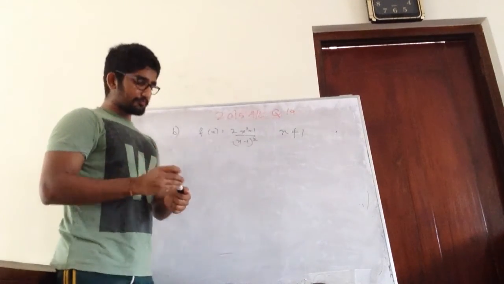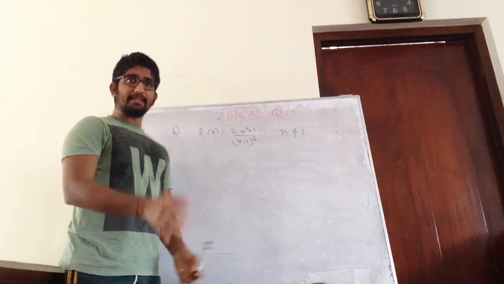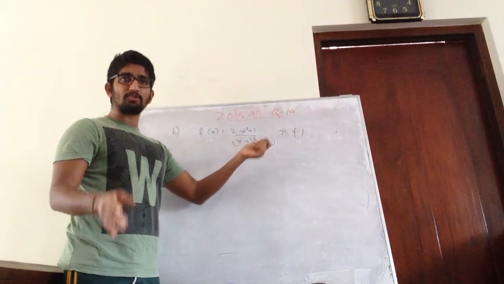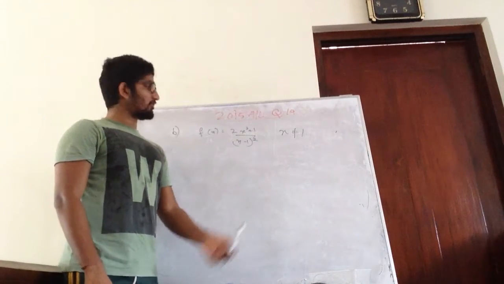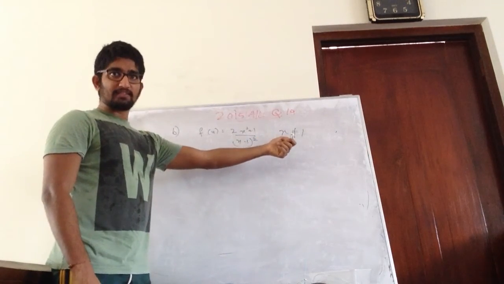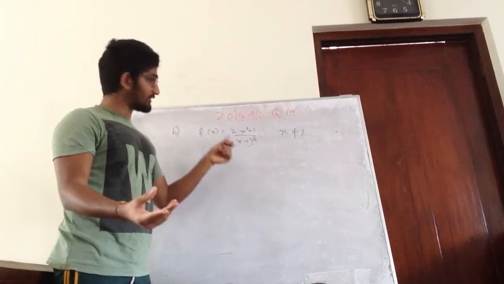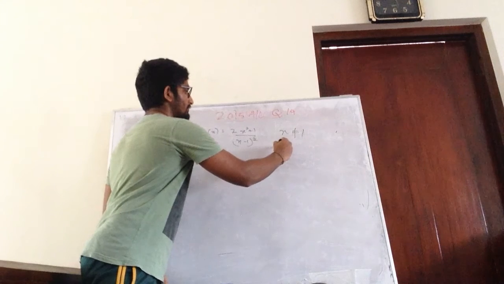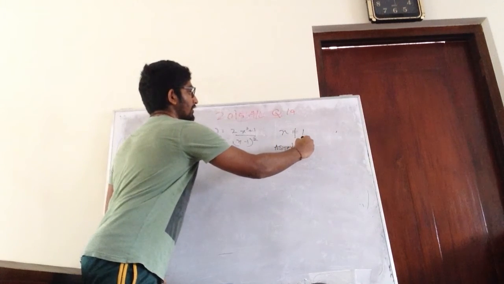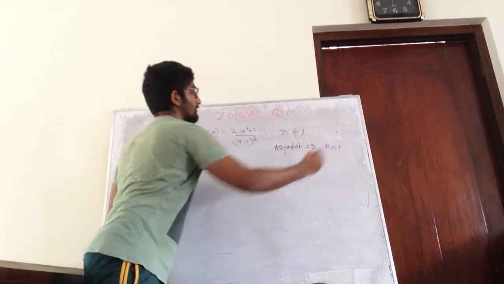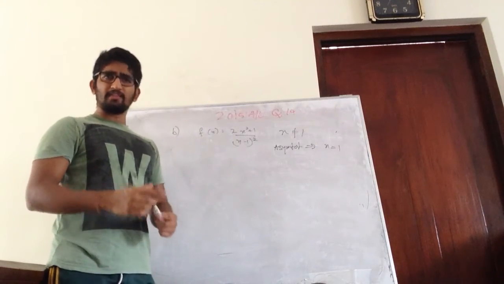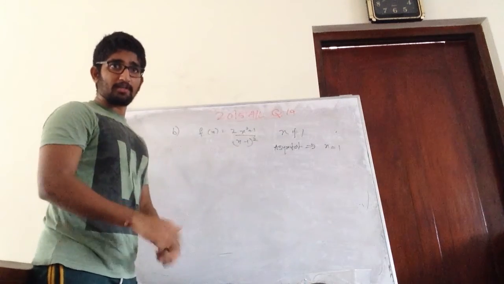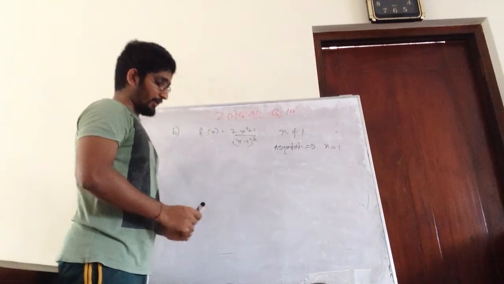So now, without doing anything, we can say the asymptote here anyway, right? Because x can't be equal to 1, that they say, because this graph will not exist at x equals 1. So the asymptote is anyway x equals 1. That is straight away, right? So that is very important, right?